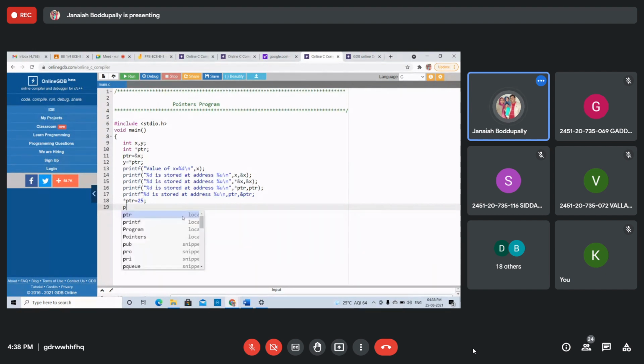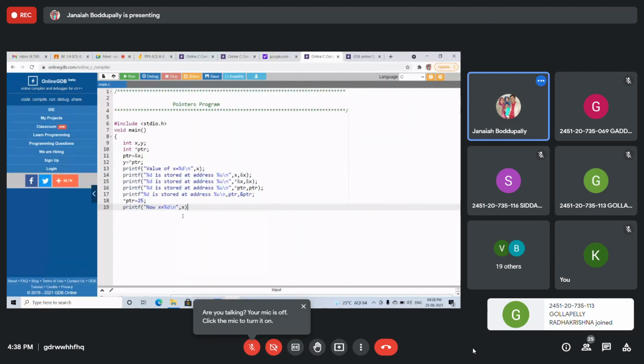Now printf "now x equals %d\n", x value. See this, what will you get as the output?